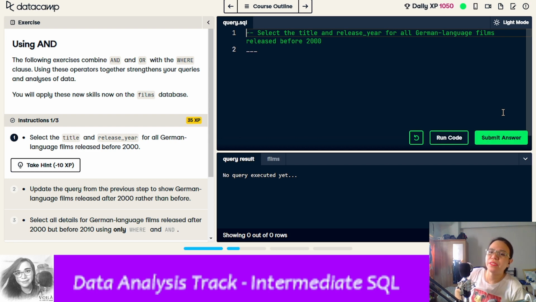So, moving on, using AND. The following exercises combine AND or OR with the WHERE clause. Using these operators together strengthens our queries and analysis of data. So we will have to apply these new skills on the films database. So for the instructions,